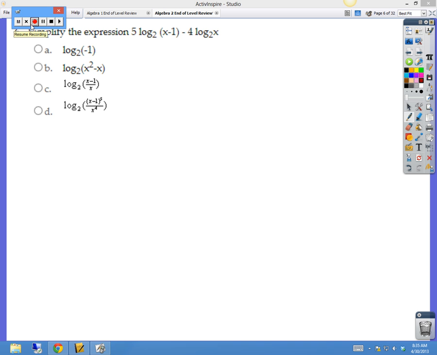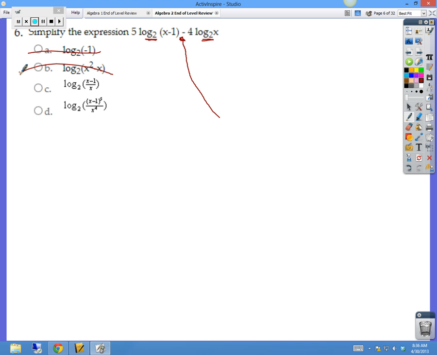Okay, now look, this is your giveaway right there. If you are subtracting 2 logs, but they've got to be in the same base, which they are, log base 2, log base 2. Subtraction, if you want to rewrite those as 1 log, subtraction is linked with division. So you can kill A and B. It's got to be either C or D because those are the only 2 that are using division. So, move number 1. I'm going to take this 5 and put it